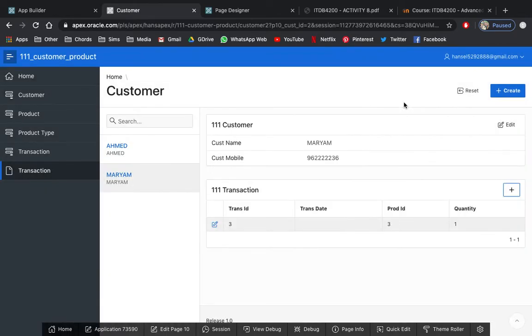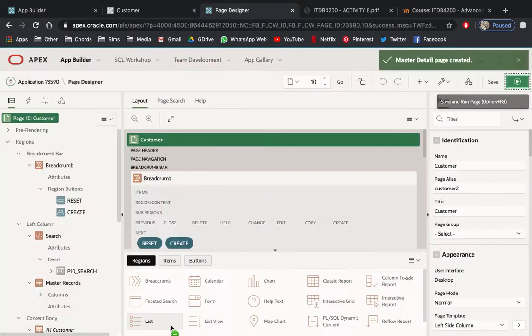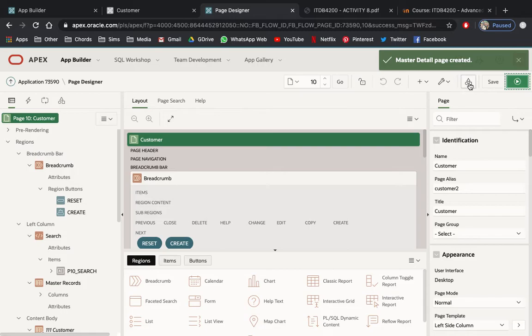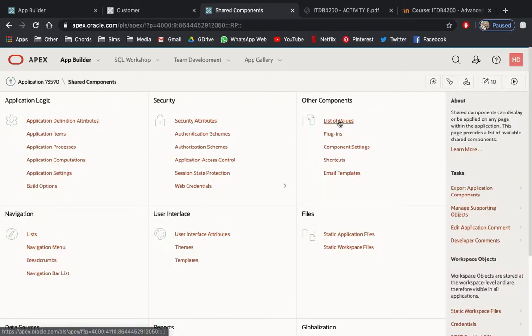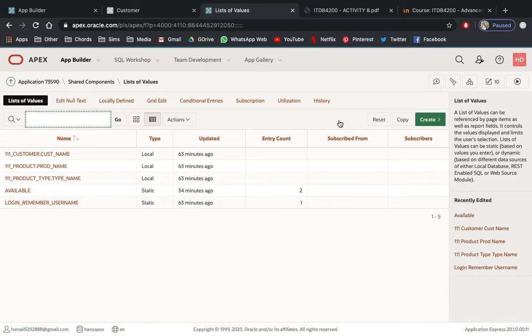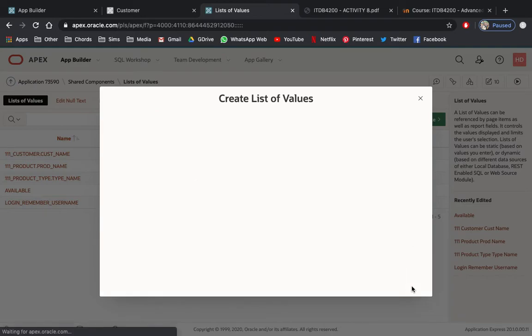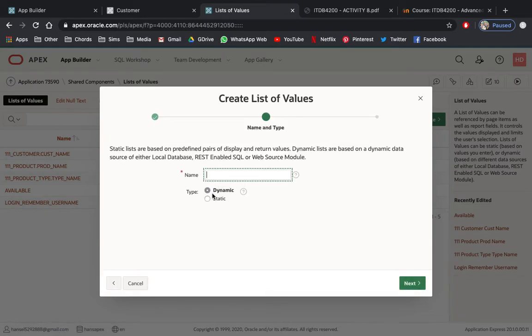Now edit the same page, and we can head on to shared components, and from the list of values you can create the product LOV as a dynamic one. So we create it from scratch. Click next, and we can now select a dynamic type here, and this would be products.